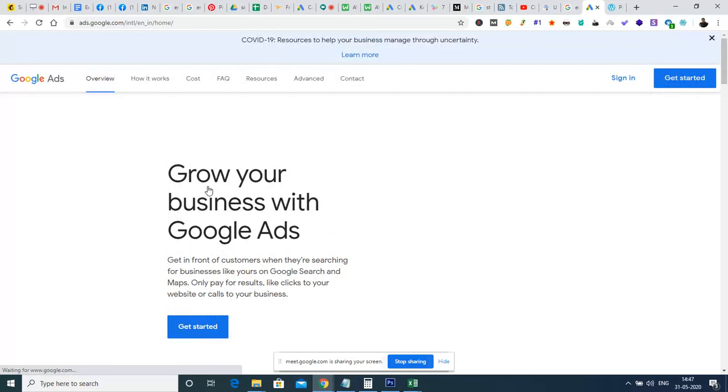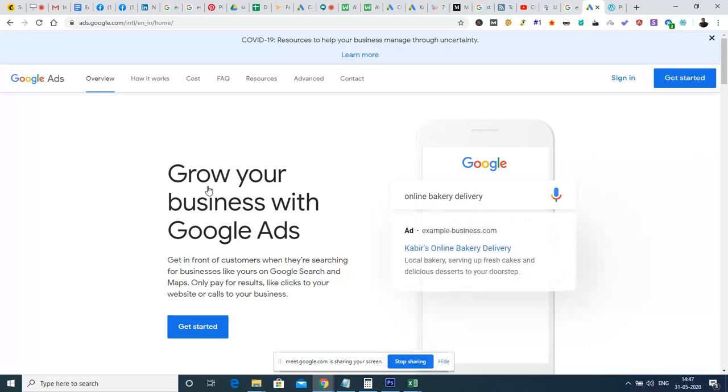This is the URL for Google Ads for creating a Google advertisement, and we will log into this account and explore how to create a Google ad very shortly.